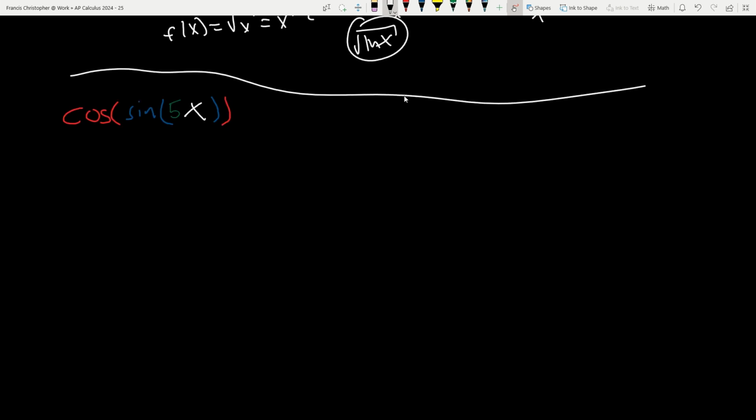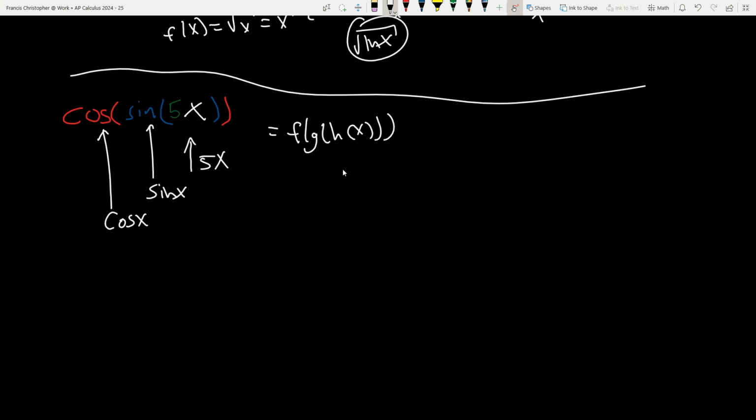So this is the last one where I'm just going to skip through because we should be familiar with the rules by now. This one, the inner and outer should be more useful actually, so I'll use that. So this is the innermost function, 5x, and sine would be the next one, sine of x, and then the last one is cosine of x. If this is going to be equal to f of g of h of x,